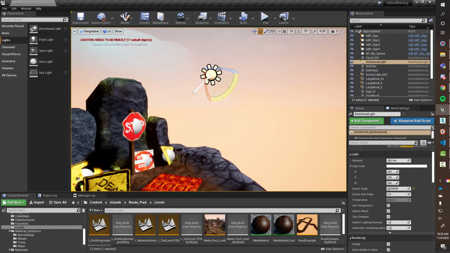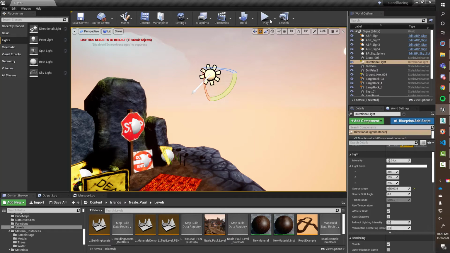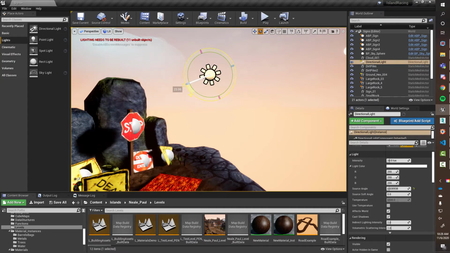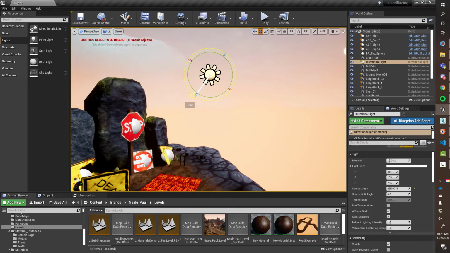Okay, I think I'm mistaken. I don't think you can change it in a setting here. I thought you could. I might be thinking of something else. Easiest way to do it is change over to local. So we're rotating in local mode, and you can see it pointing along that local. So you can change how high your sun is in the sky,